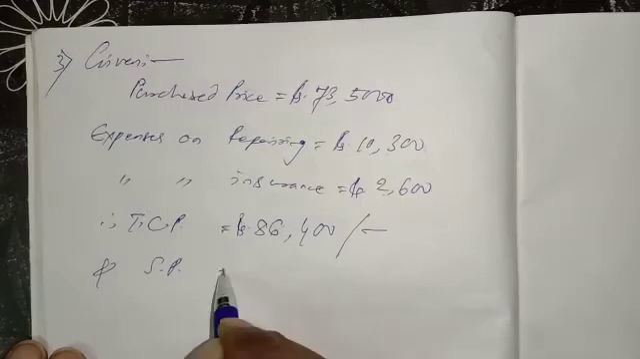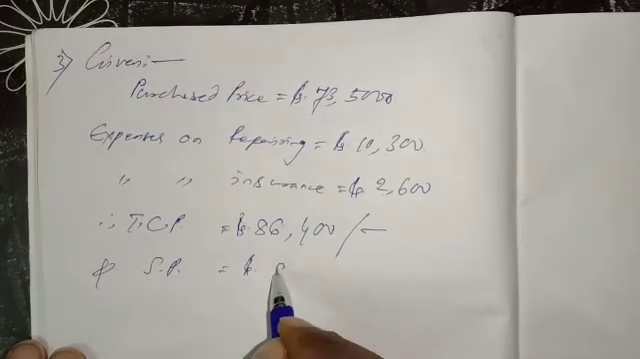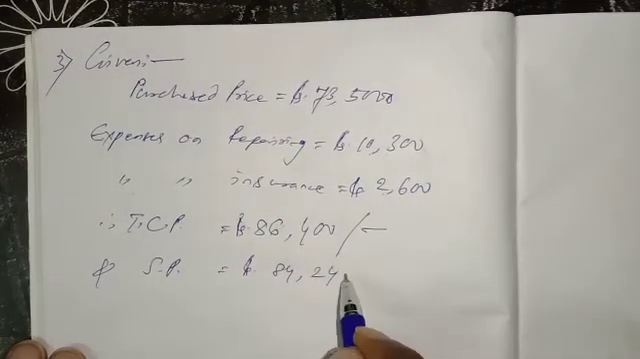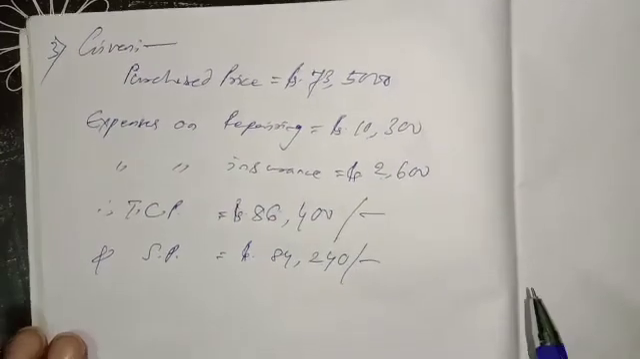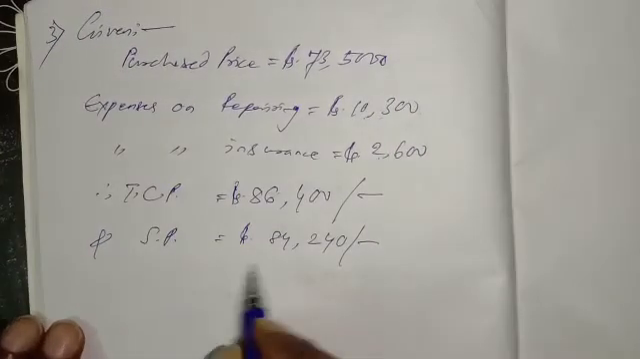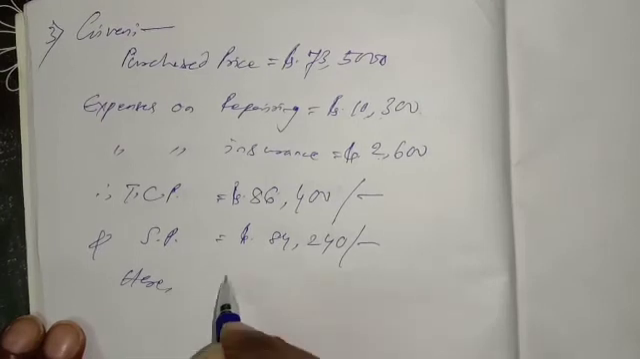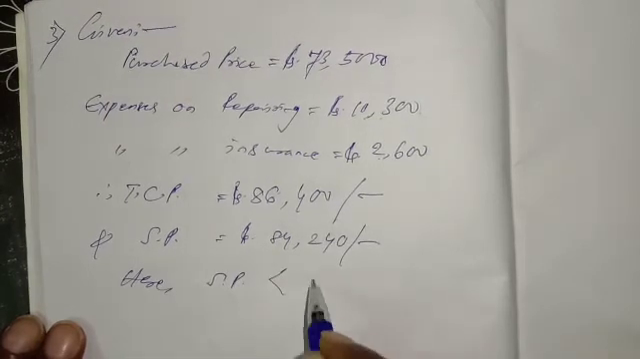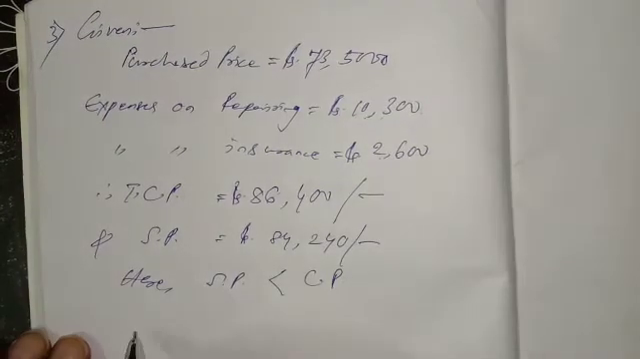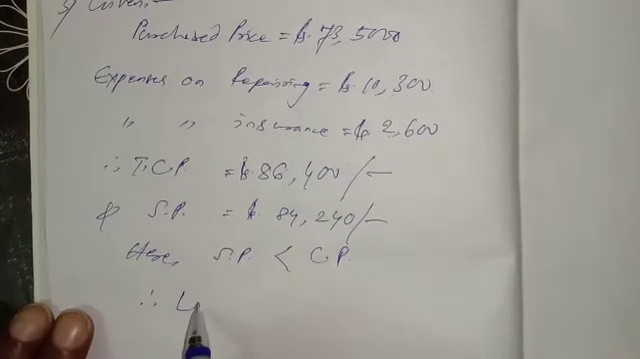He sold the car at a price of 84,240. So here the selling price is less. Selling price is less than cost price. Therefore, automatically the loss will arise. The loss is equal to